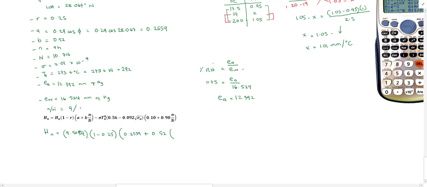So, 9 divided by 10.716, and this is equal to 0.84. So times 0.84,